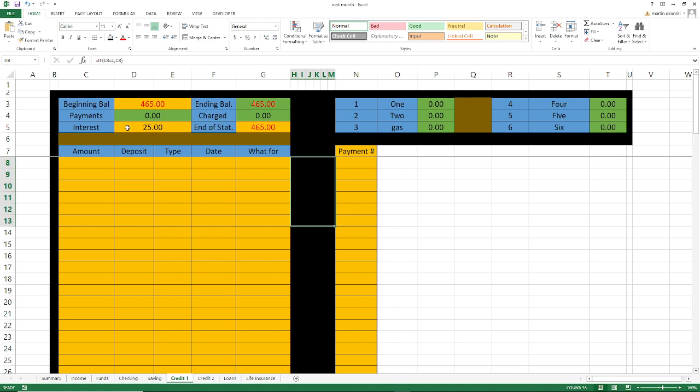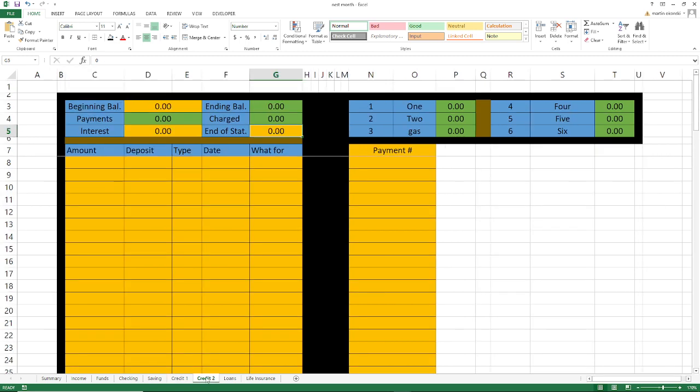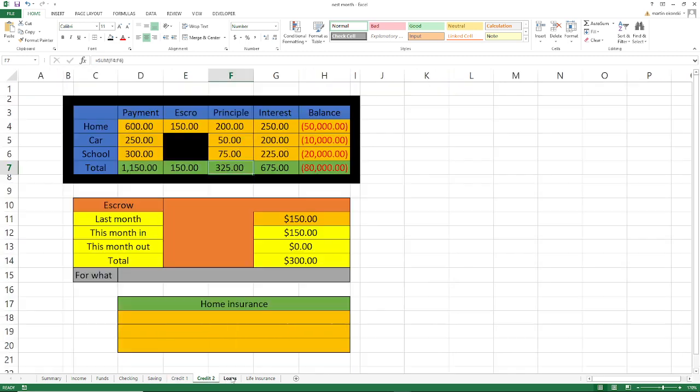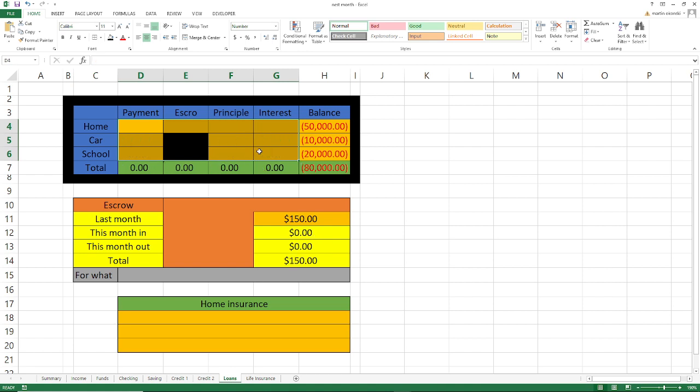And then after you do that, you go to the interest and you delete the interest, because you got to wait for the statement that tells you how much interest you need to put in there. And then you do the same thing. And then the loans, you delete all this right here. Oh, I'm sorry, you got me take it back.